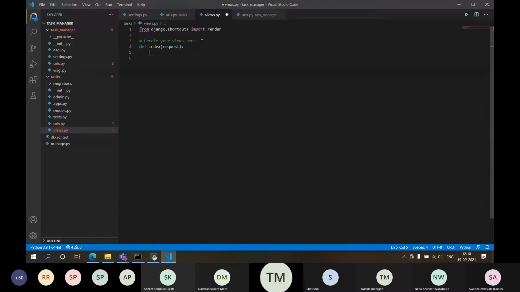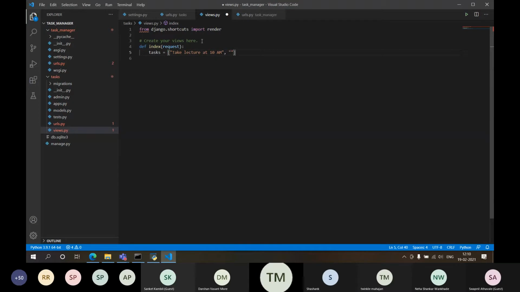Now I want to display a list of tasks when I visit this particular index page. Let's give a list of dummy tasks. For example, I'm writing here tasks as a list, and in this list, I am writing a task: take care at 10 a.m. This is my first task.